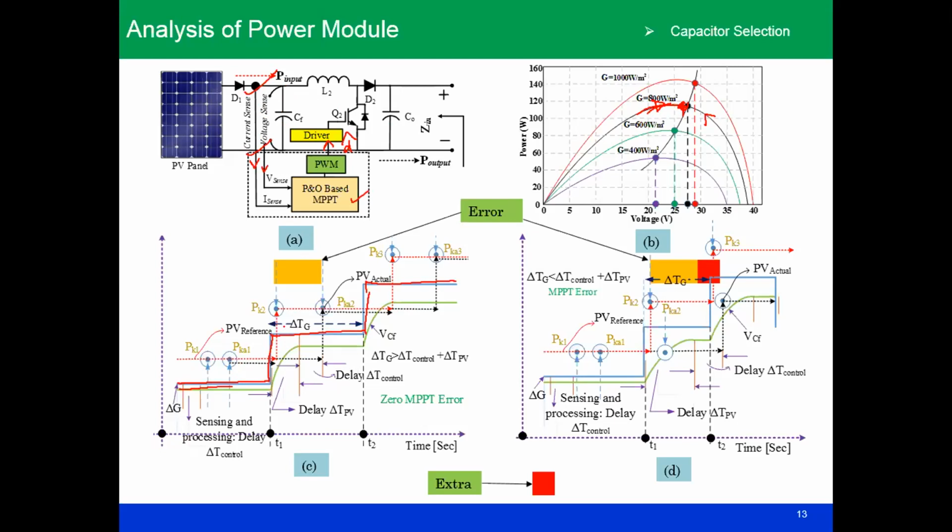Under the irradiation change, it will change the capacitor voltage. As in the morning class I told you about how the dynamics change, and after that the MPPT algorithm works. So this delay is because of the system dynamics, and this delay is because of the processing delay, because all the current and voltage sensing you are doing in digital control, the analog signal is first converted to a digital signal, so there is a delay involved in the process. So the first delay is the system delay, the second delay is the processing and implementation delay.